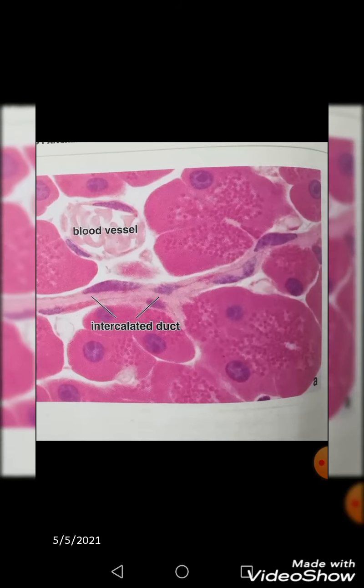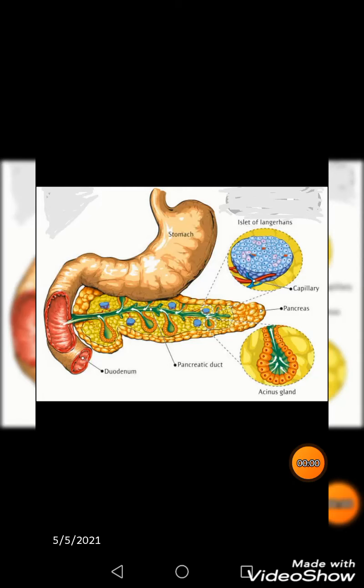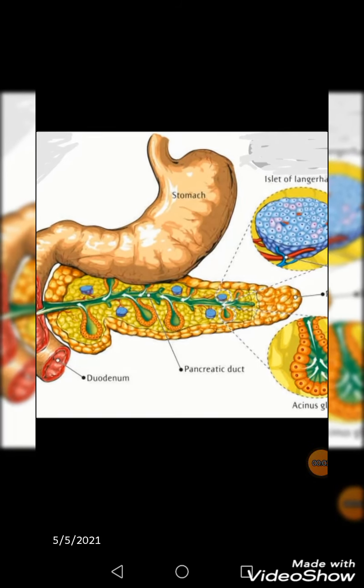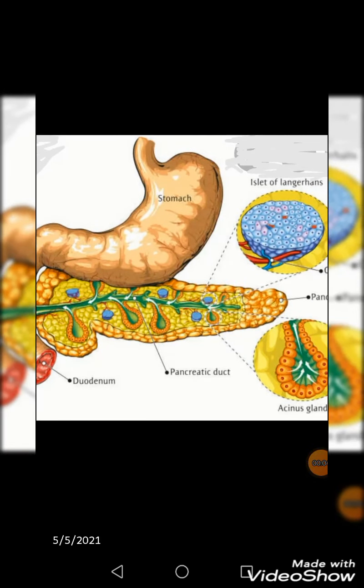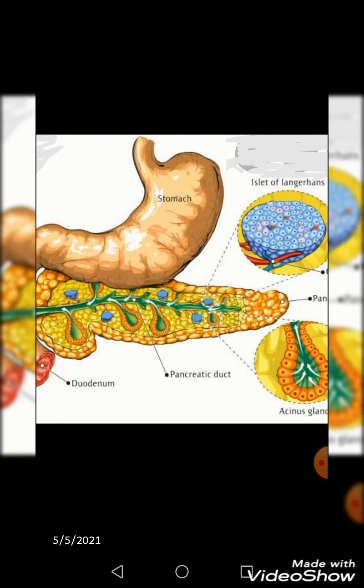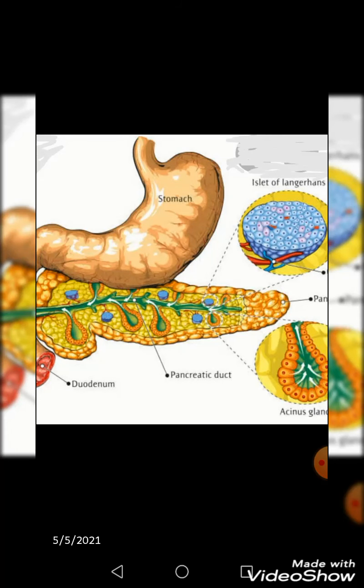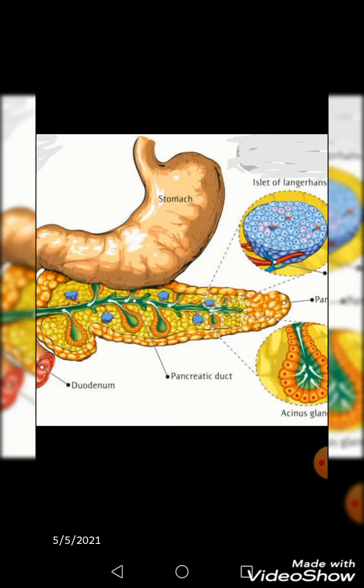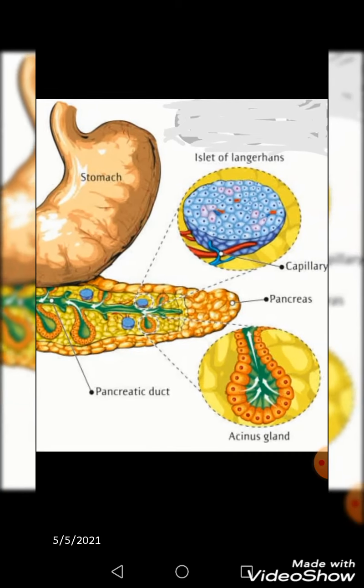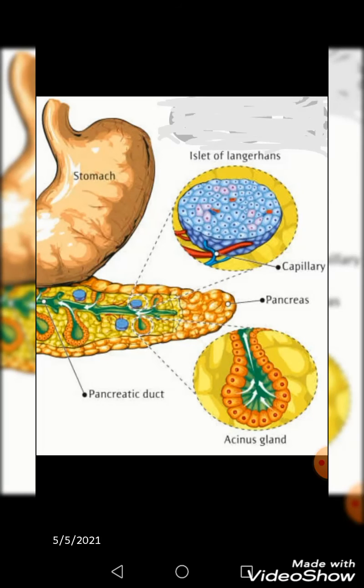the apical staining is due to the zymogen granules. Here again in this picture you can see the acini, and they are giving origin to the intercalated duct. The word intercalated comes from calare, which means to insert or to call. It is just like putting a straw into an orange. Can you see? The intercalated duct is like a straw that is inside an orange, right?